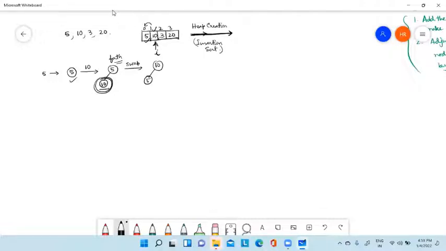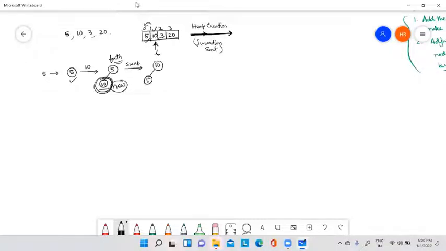In insertion sort, we are always comparing the new element with its immediately adjacent element, or the element before. But in heap creation, we are comparing the new element with its father. That is the thing you have to calculate.